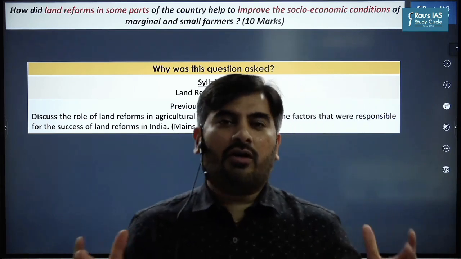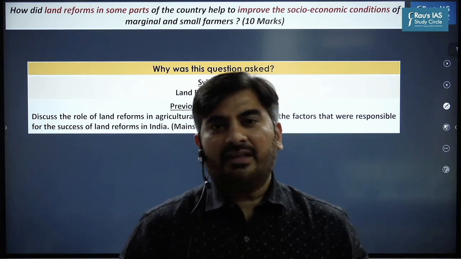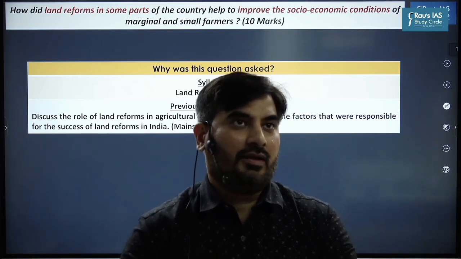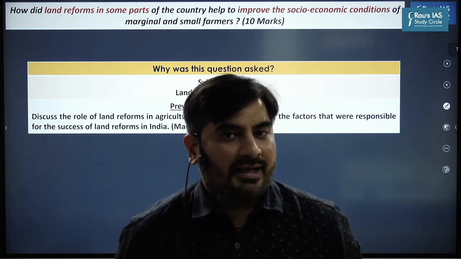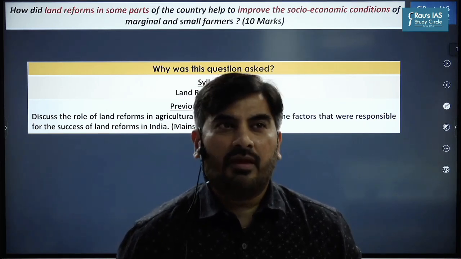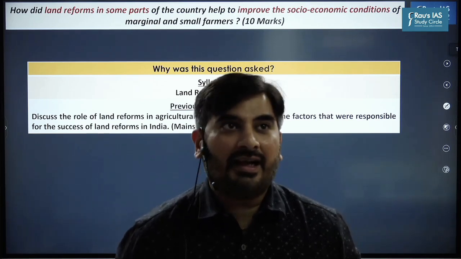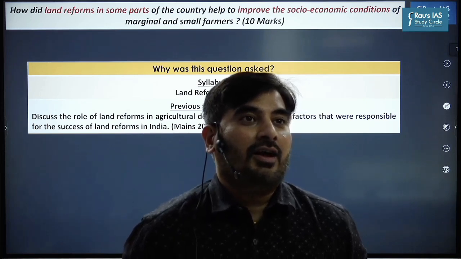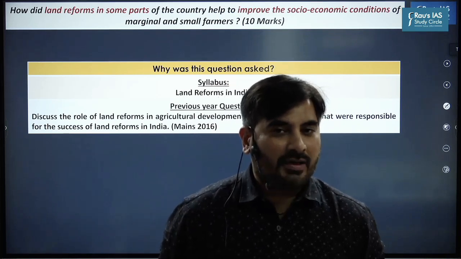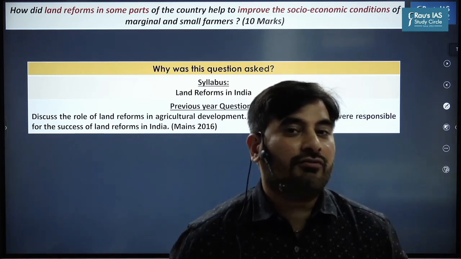So to address all of these problems faced by the farmers, after India gained independence, we started implementing land reforms in India. See, when we adopted the Indian Constitution, we adopted DPSPs, Directive Principles of State Policy. And in the DPSPs, you must have come across Article 39B and Article 39C, right? What do Article 39B and Article 39C deal with? They deal with prevention of concentration of wealth. They provide for equitable distribution of wealth.